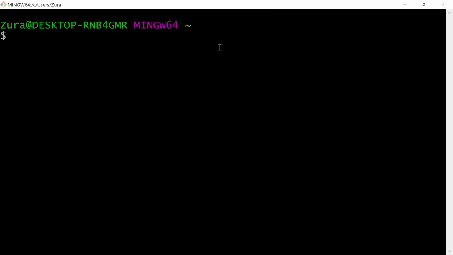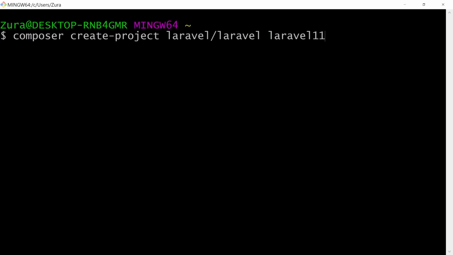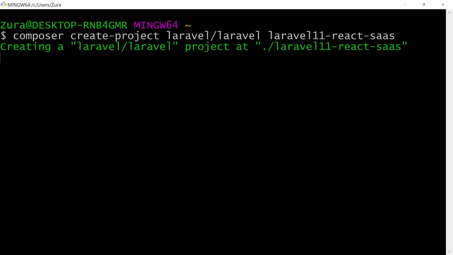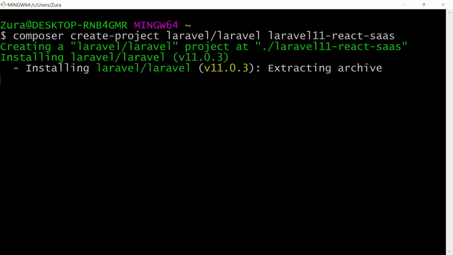Okay, now I'm going to open Git Bash and create a Laravel project by executing composer create-project laravel/laravel, and here I'm going to provide the local folder name laravel11-react-saas, and hit enter, which is going to download the Laravel project and set it up for us. In this tutorial, we're going to learn how to build a software as a service project with Laravel and